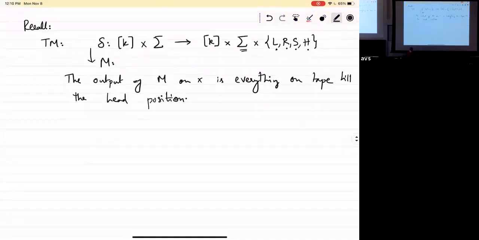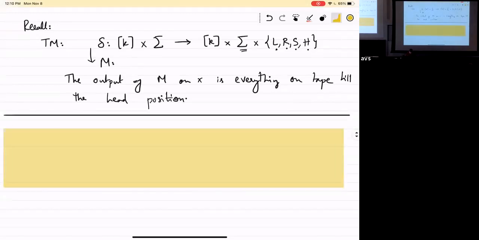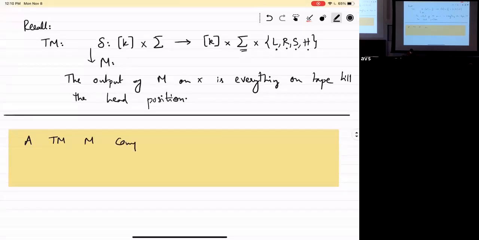and just as we talked about languages and computability for finite automata, we can also talk about similar things for Turing machines. Okay, so we say that a Turing machine M computes a function F from binary alphabet to binary alphabet.